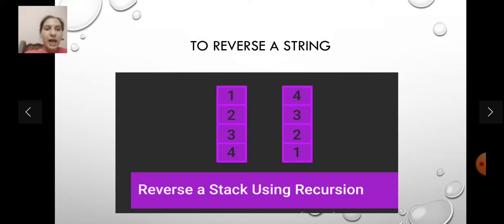Suppose we have a stack and we input the elements 4, 3, 2, 1 into it. As we know, push and pop operations on a stack are done from only one end, known as the top, and from the top we can delete the element as well as insert the element into the stack. So when we delete the elements from a stack, the elements which we entered last come out first. In this way we can reverse a string, and the output we get is 4, 3, 2, 1.